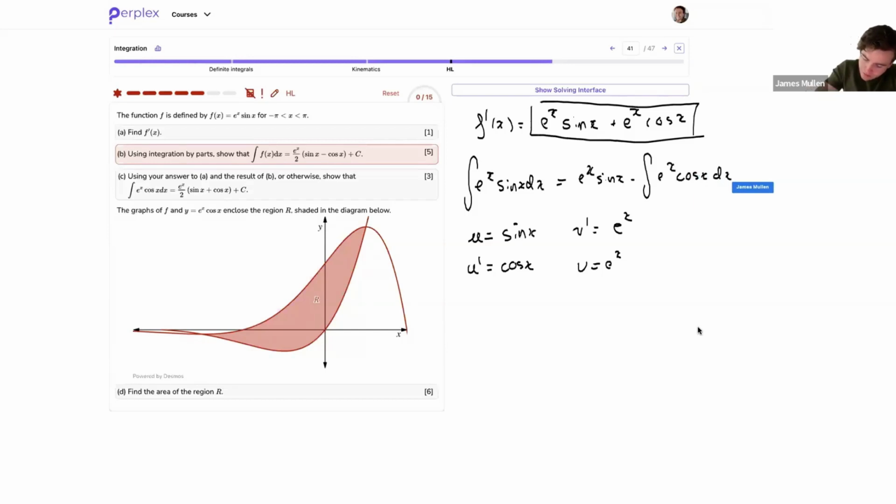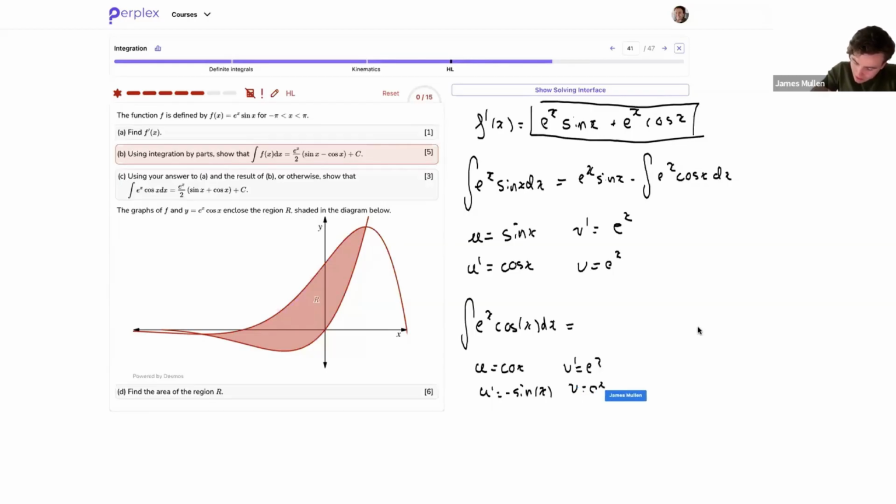Now, the integral of e to the x cos of x dx is equal to, well, now I let u be equal to cos of x. U prime, therefore, is equal to negative sin of x. And I let v prime equal e to the x, so that v is equal to e to the x also. And this is going to be e to the x cos of x minus the integral of, well, it's actually plus the integral of, because I have a minus sign here, e to the x sin of x,